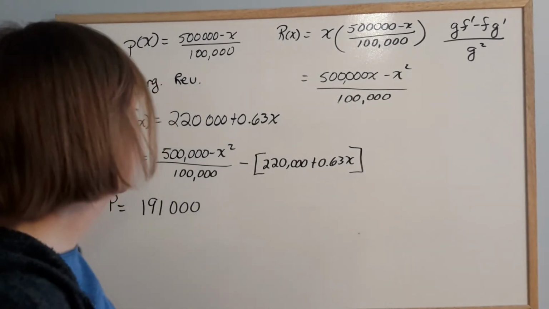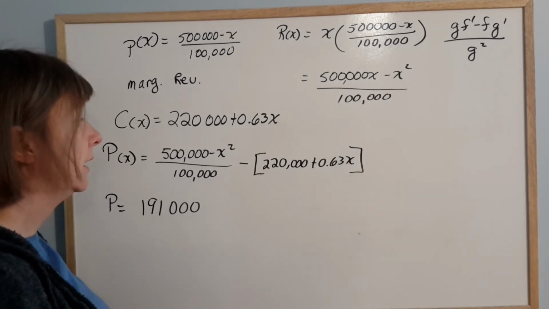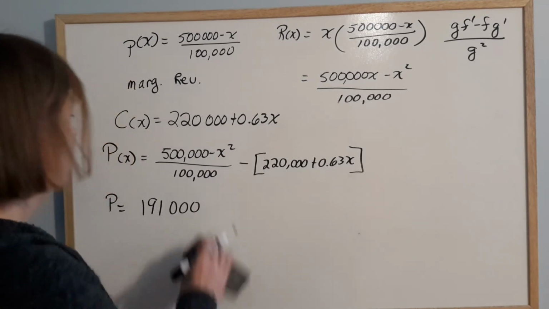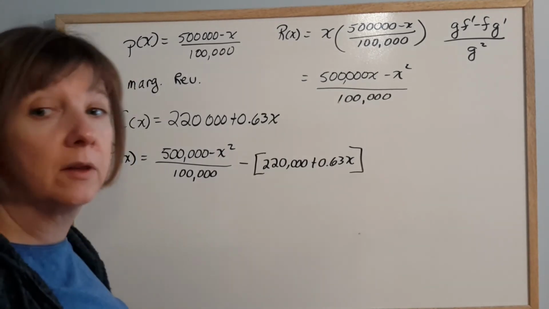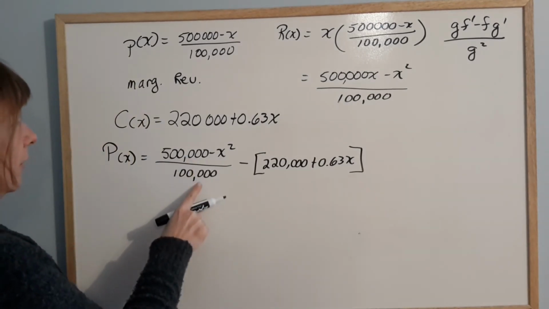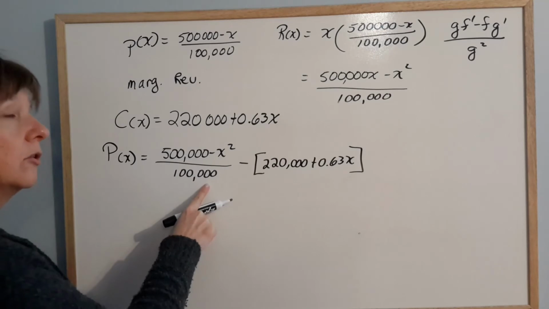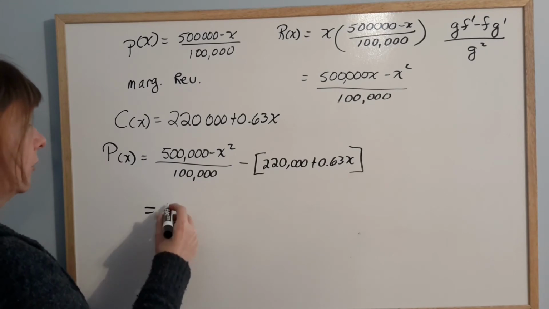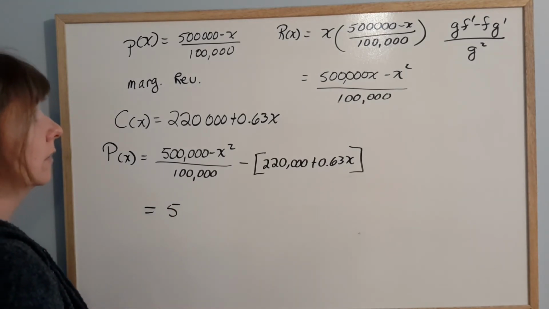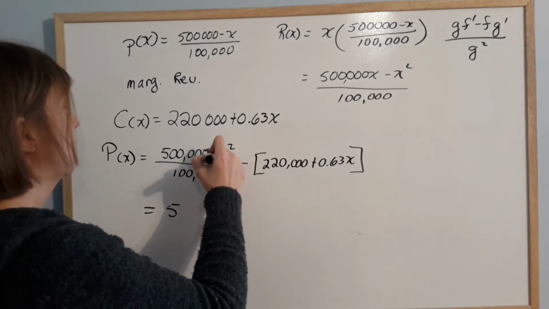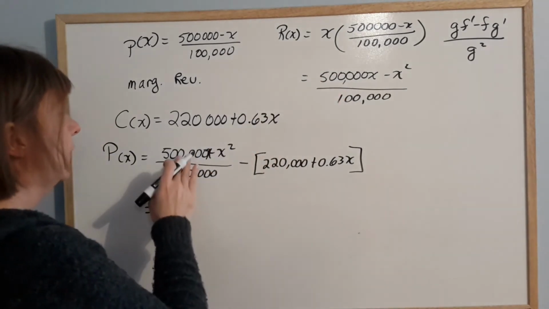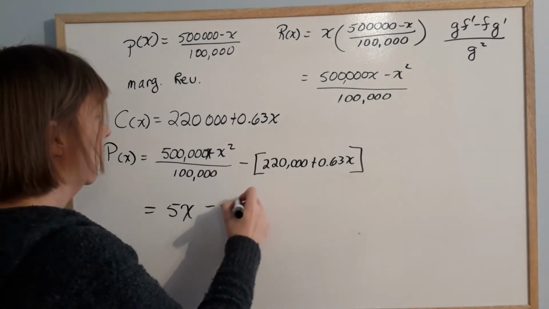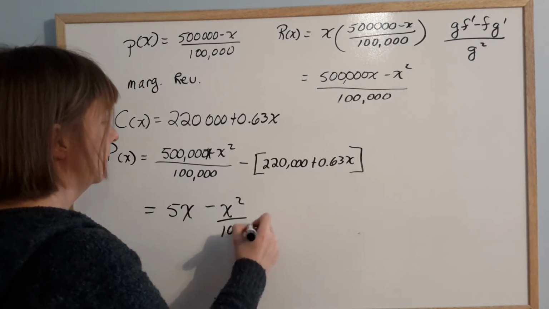What you can do is you can simplify this a little bit. Let me show you what I mean by simplify this a little bit. This is 500,000x over this minus x squared over this. The 100,000 is a common factor. It's the same for both. So 500,000x over 100,000 is really just 5x. Oh, sorry, it's 500,000x. My apologies. So if I have 500,000x over 100,000, that's really just 5x minus x squared over 100,000